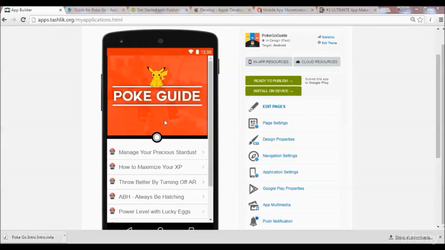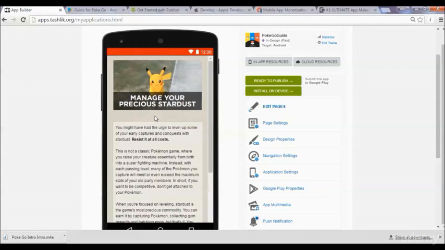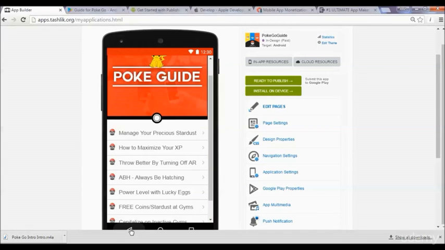Alright, I'm going to show you, this is the home page here. I'm going to show you how I created this, how I uploaded this top graphic, how I created these different menu pages, and if you click inside, I'm going to show you how to create these pages with the tips. I'm also going to show you exactly where to get these tips and tricks from. Even if you don't know anything about the game, there's so much information on the internet now that I'm going to show you the top sites to get these tips and tricks from so you can copy and paste them